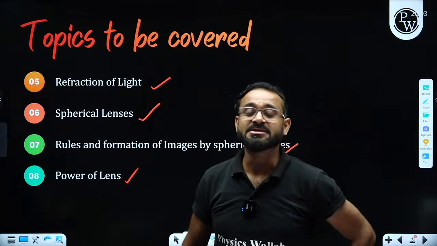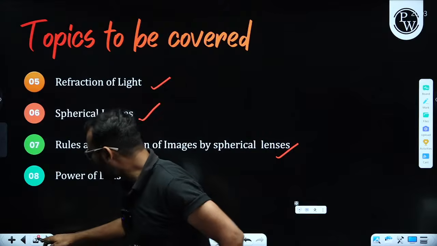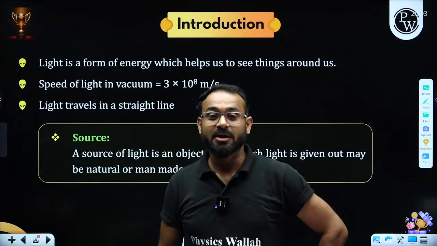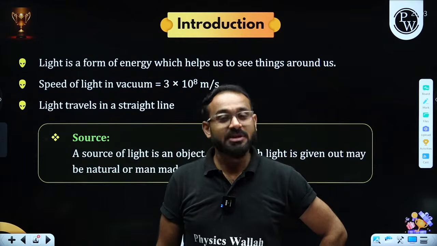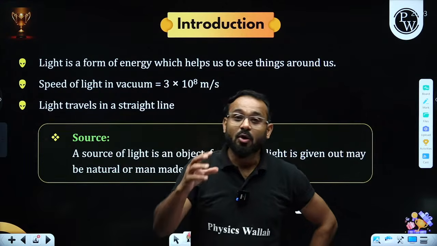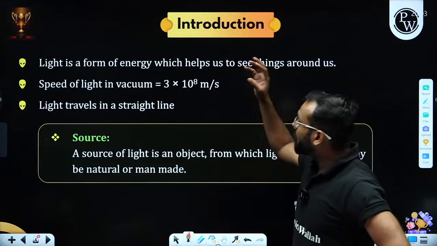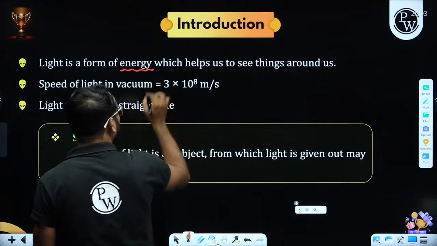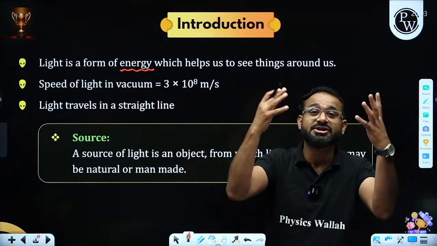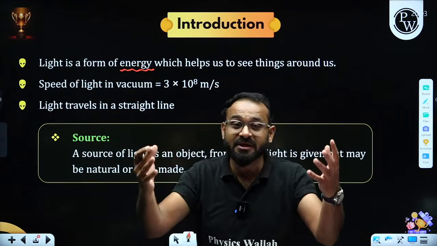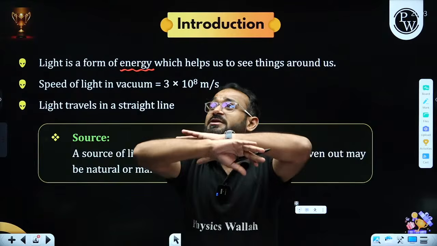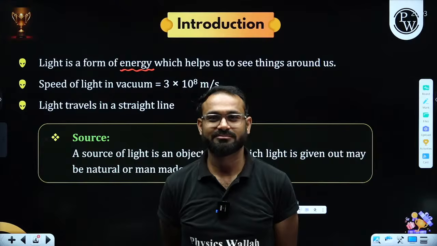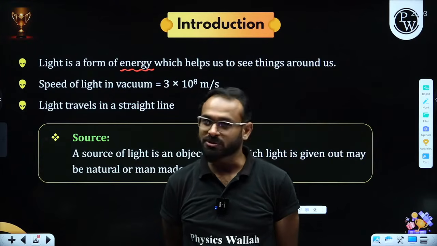Now, sir, what is light? That question has been asked as a 1 mark question. What is light? Light is always described as a form of energy. First of all, we need to understand what light is. So light is a form of energy which gives us the sensation of vision, through which we are able to see. Consider if there is complete darkness in the room, will you be able to see me? No, sir. This is not possible, sir.